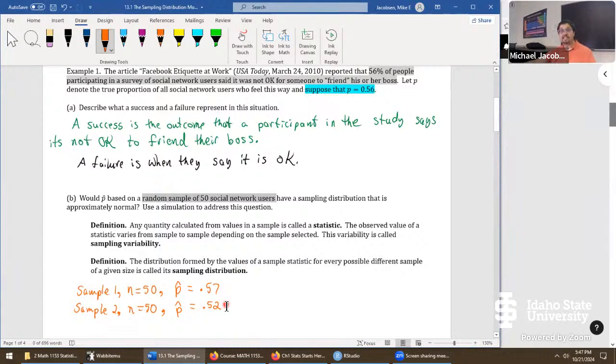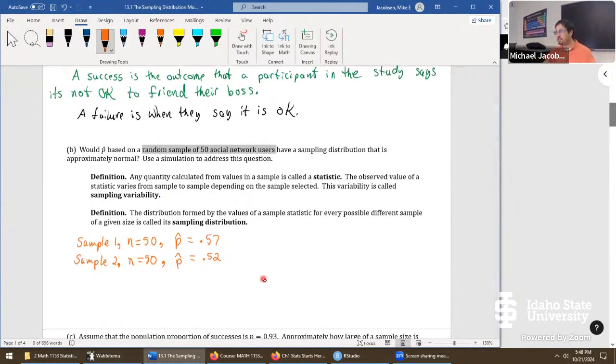And the values of the statistics change from sample to sample. The reason that happens is these are random samples. The same 50 people don't make it to every single sample. If that ever happened, that would be like winning the lottery. And so we have different responses. They're all going to be close to this value if it's true, but this is what we mean by sampling variability. The value of p hat changes from sample to sample to sample. And what we want to imagine is doing this a lot. I mean, really tons and tons of times.